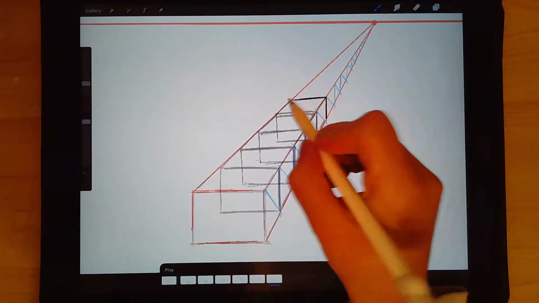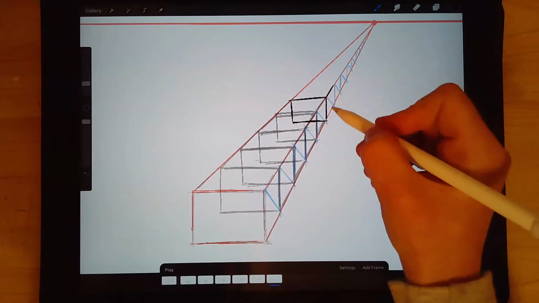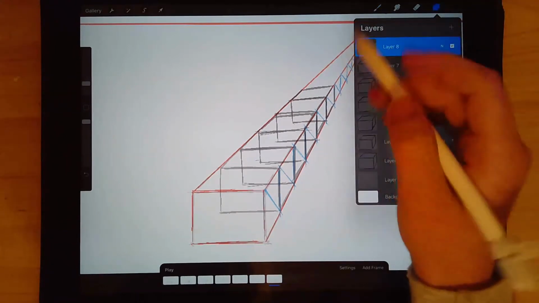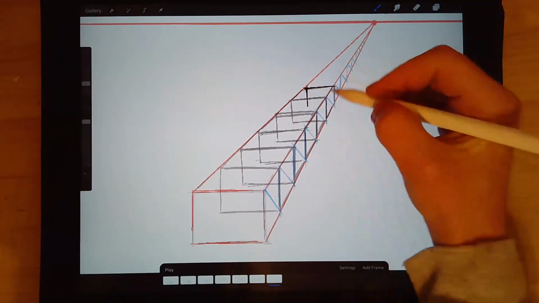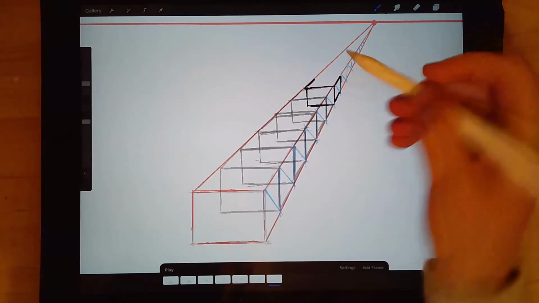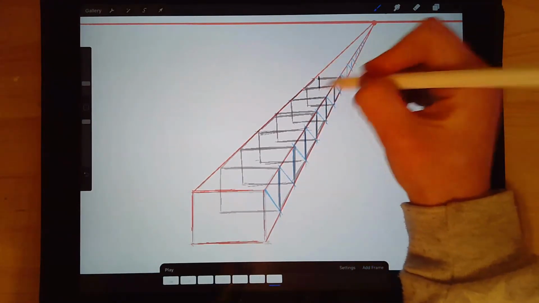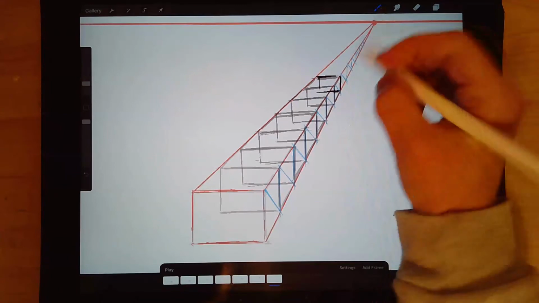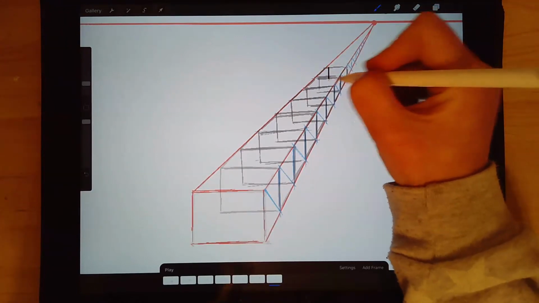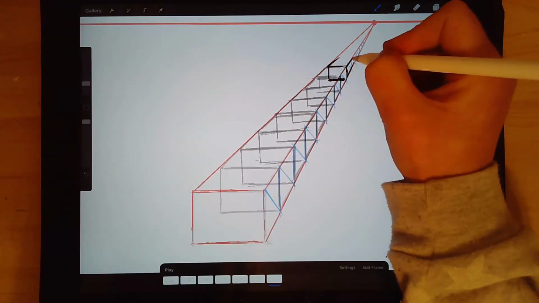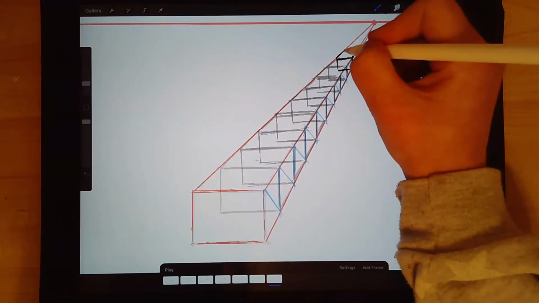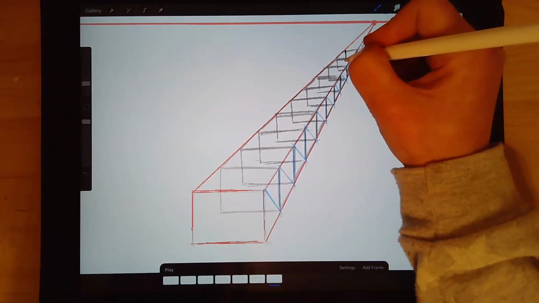Okay, front plane, orthogonals, vertical and horizontal. Remember, you can click add frame at the bottom too if you don't want to go to the layers palette. Front plane, orthogonals, vertical and horizontal. Front plane, orthogonals, vertical and horizontal. Front plane, orthogonals, vertical and horizontal. Front plane, orthogonals, backside, front plane,